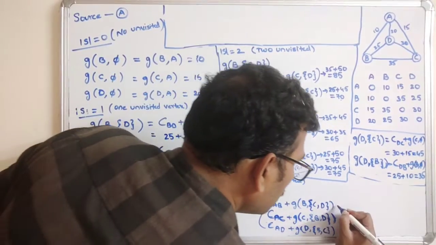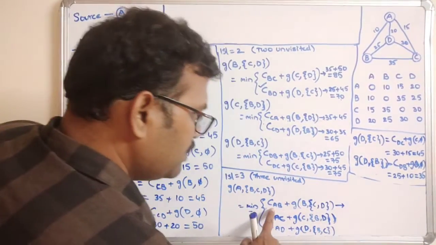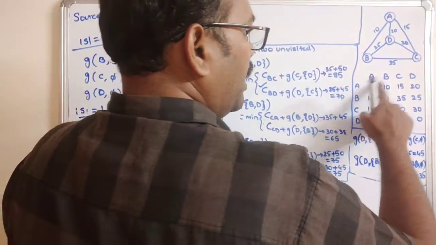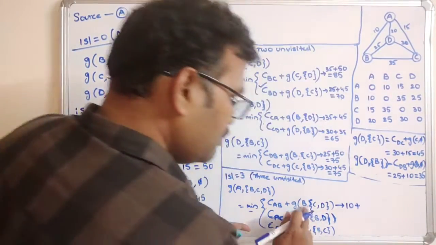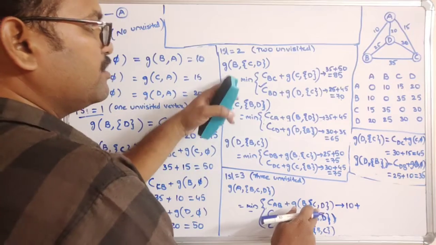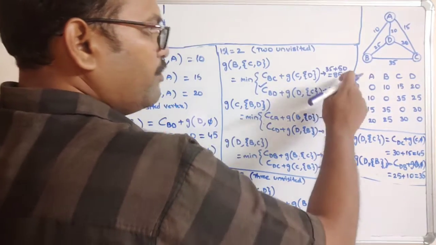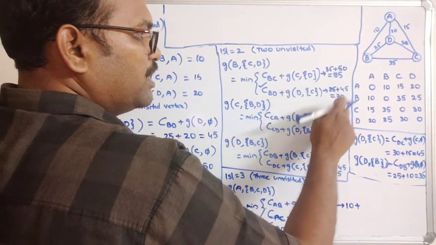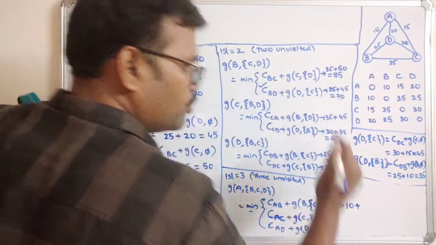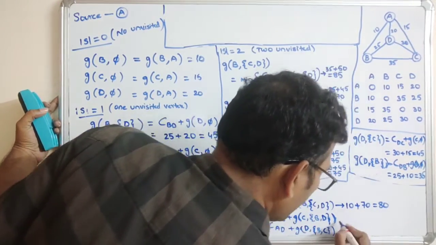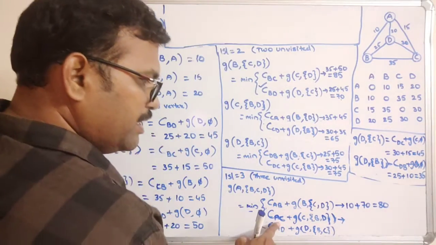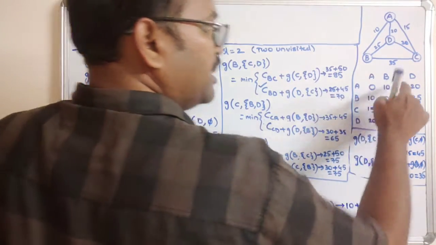Okay, so calculate the cost. CAB, so AB cost is 10 plus B of CD. So here we have calculated, and here we are having two values. Among these we have to select the minimum, so 70, so which is 80, and the next one AC, A to C, it's a 15